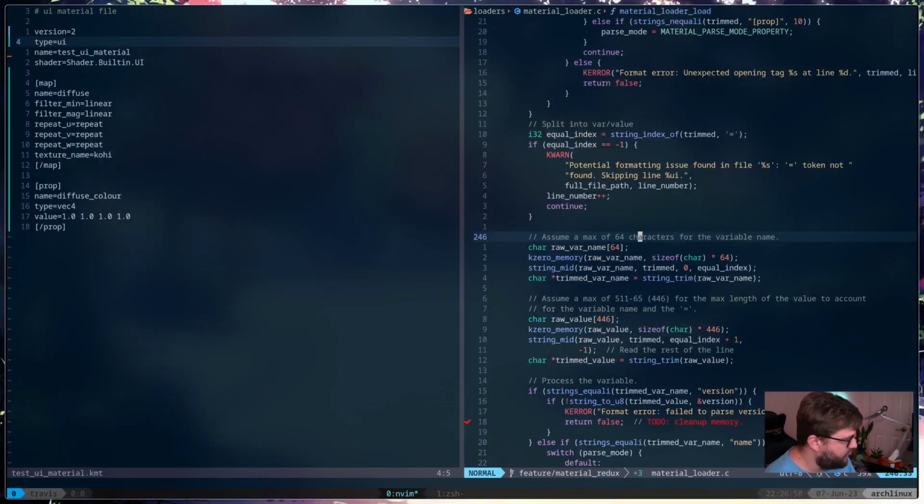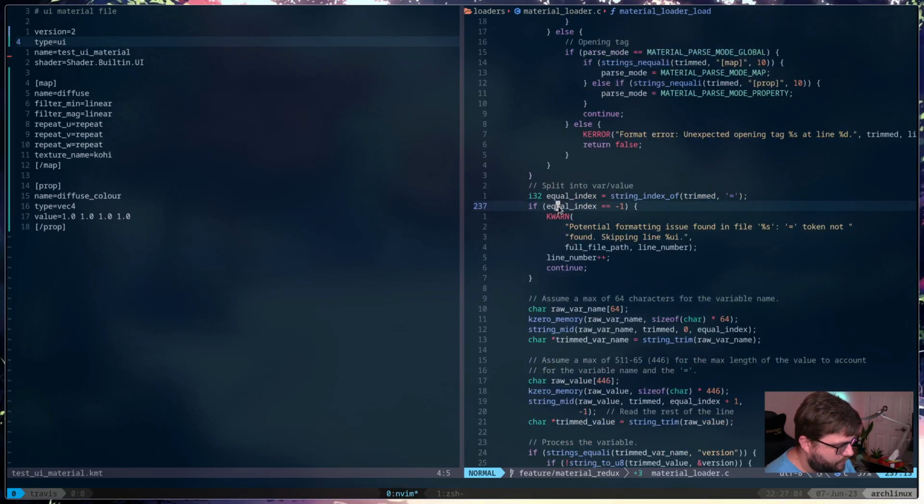I guess what I can do is set a breakpoint here, and then set a breakpoint here.